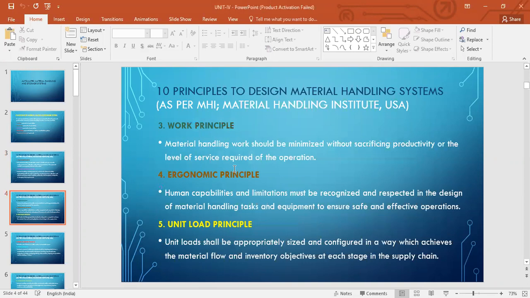You see about that unit load principle, that may change, right? From department to department, it will change. So you have to take into account the standard size